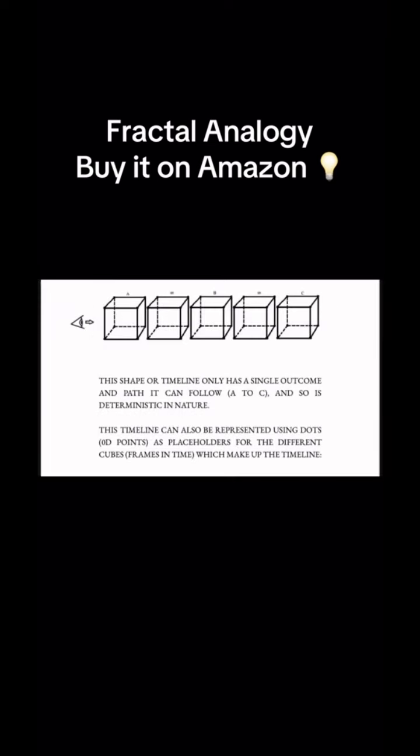And so our perspective of looking at time from the third dimension may be responsible for the direction of time we perceive, and why from this perspective time flows in one direction for the observer and not the other, A to C and not C to A. This shape or timeline